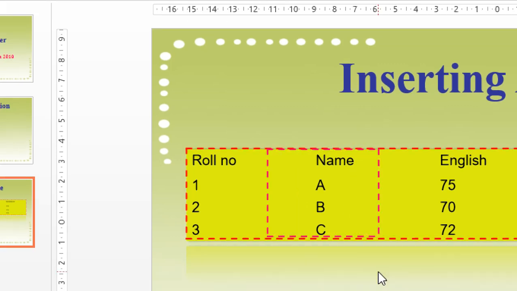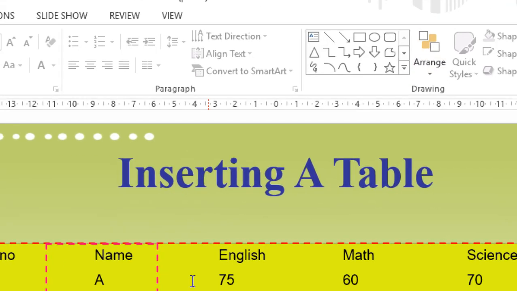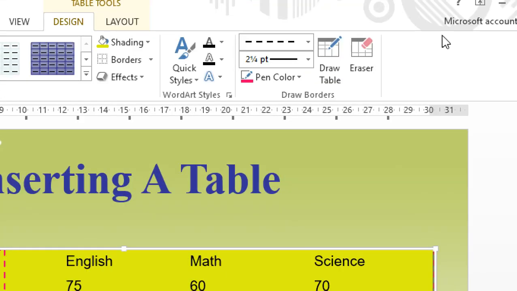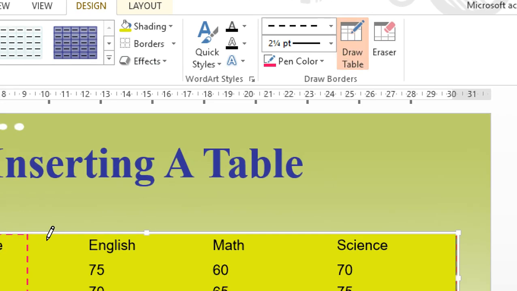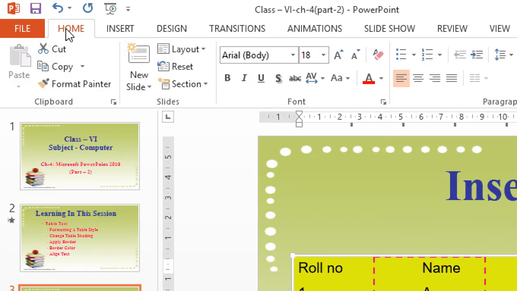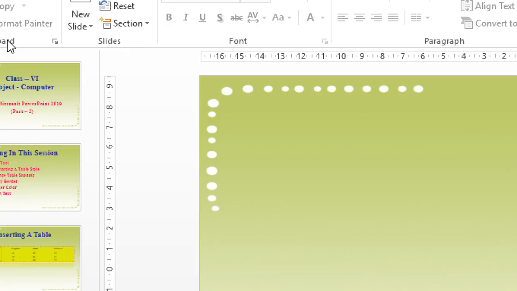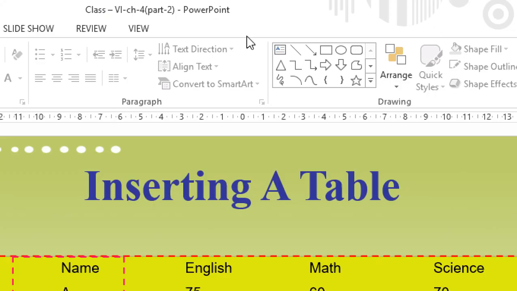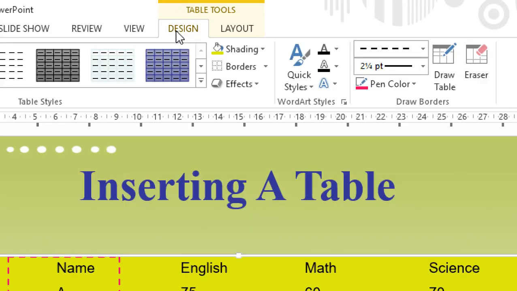Clear everyone? So this way you can draw a border to the table also. Even then afterward you can create your own table also by drawing the table. To draw the table, go to Home, New Slide, take a blank slide, and then going to Insert, choose the table here. Okay, and Design